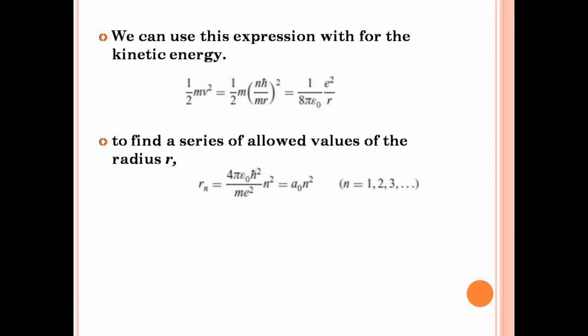To find the series of allowed values of radius r, rn = 4πε0ħ²/(me²) × n². The value a0 = 4πε0ħ²/(me²) is termed the Bohr radius, so rn = a0 n², where the Bohr radius a0 is defined as